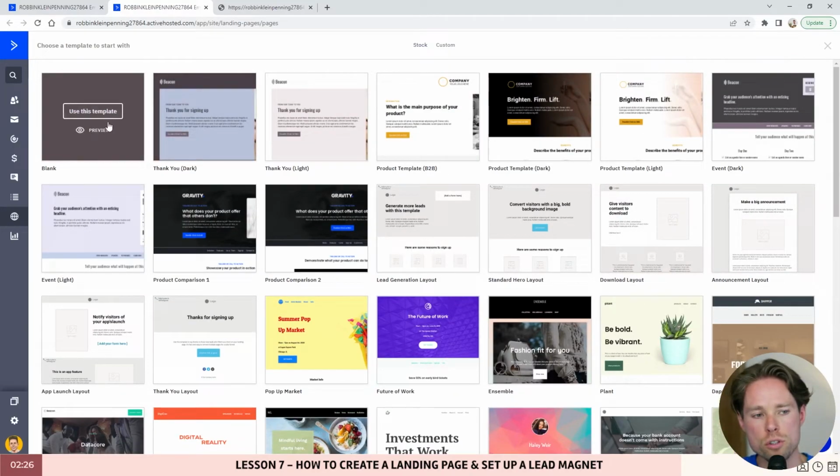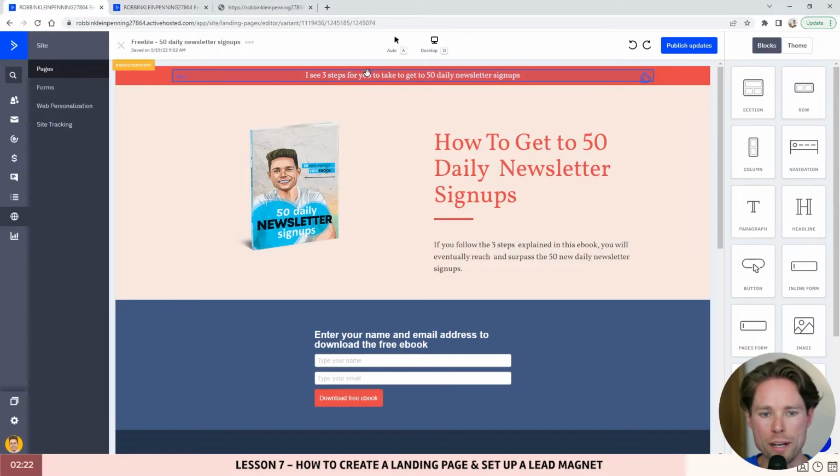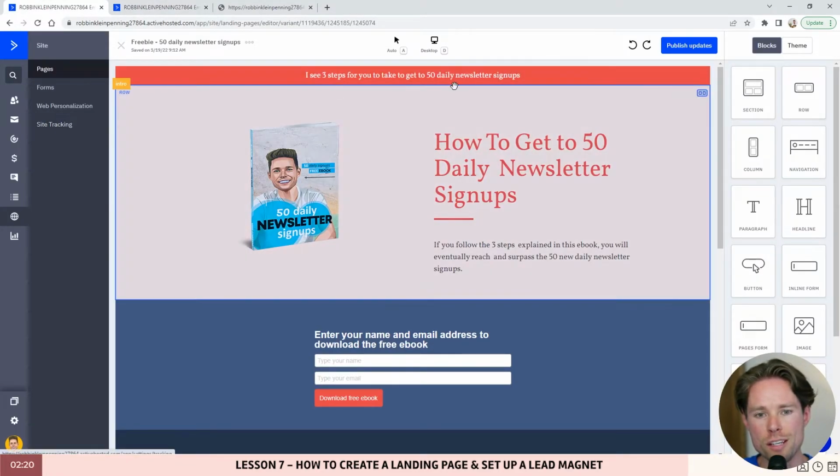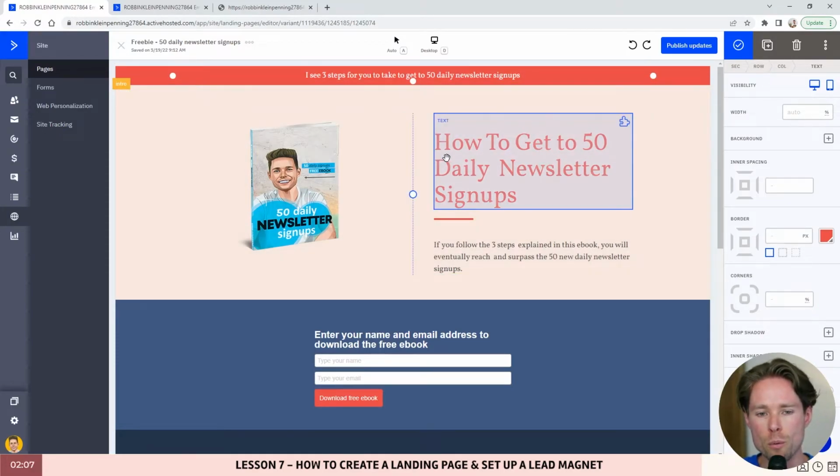If you want, you can also start from scratch from a blank template. It is totally up to you. I'm going to go back to the template that I created. So it is pretty straightforward how this works. If you're totally new to creating these pages with ActiveCampaign, I suggest you first select one of the templates instead of going immediately for a blank template, just to show you a little bit what can be done and